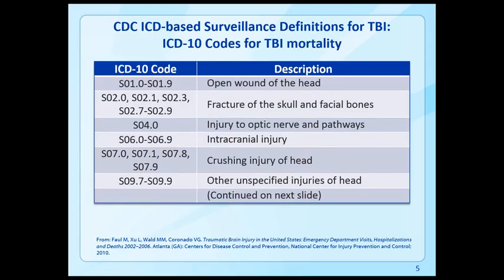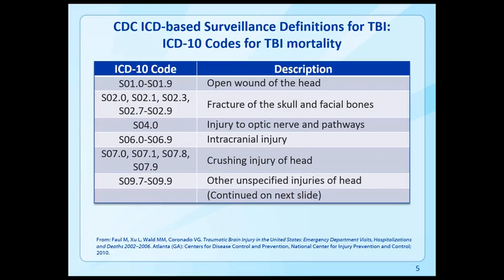In the next two slides, I'm going to be talking about the codes that were selected for TBI-related deaths. Because it's death, the coding structure now is ICD-10, not ICD-9-CM. And when you look here, again, if you look at the column that says ICD-10 code, you'll see that the structure of the code looks entirely different. Instead of those numbers of 800, 950, 959, we now have codes that start with the letter S. And that's because in the ICD-10 coding structure, injury diagnoses all start with the letter S or the letter T.